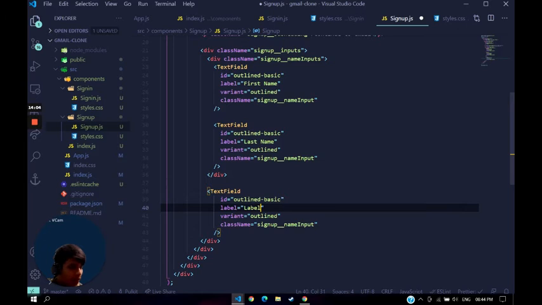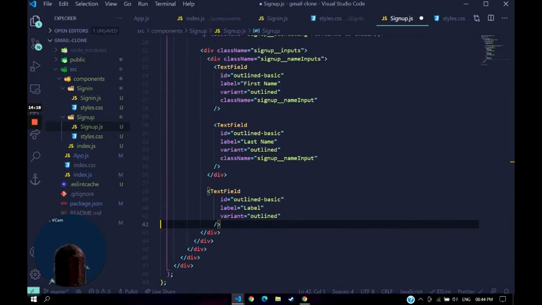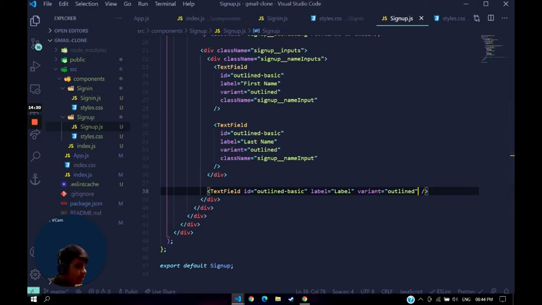So instead of the class name, okay, we don't need a class name here. You can remove this class name. Variant is outline, and label is email, and then we are gonna have a